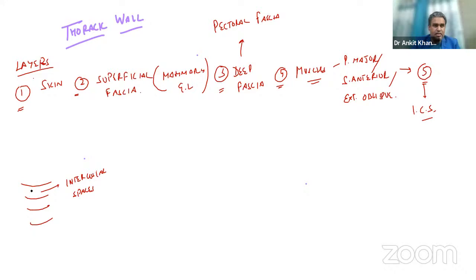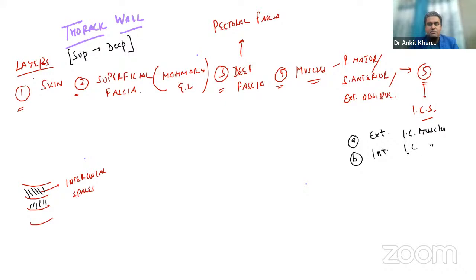So in these spaces, you have some muscles. What are those muscles known as? They are known as intercostal muscles. Simple as that. But it has different layers, from outside to inside, because we are going from superficial to deep. So from outside to inside, first of all, A is external intercostal. Then once you cut through the external intercostal, you have internal intercostal muscles. Then once you cut through the internal intercostal, you have innermost intercostal